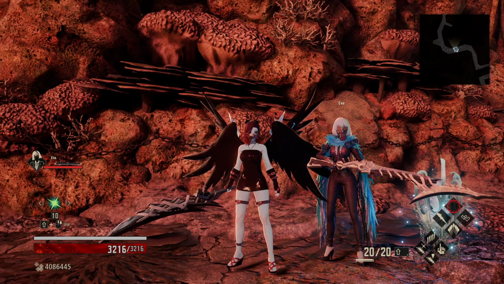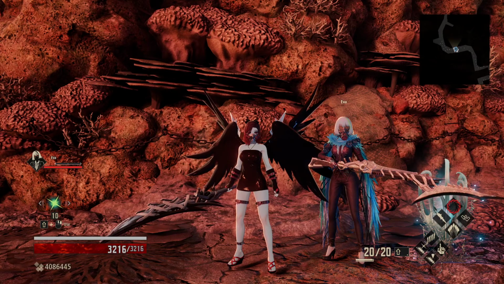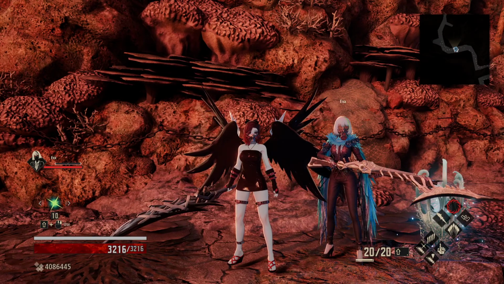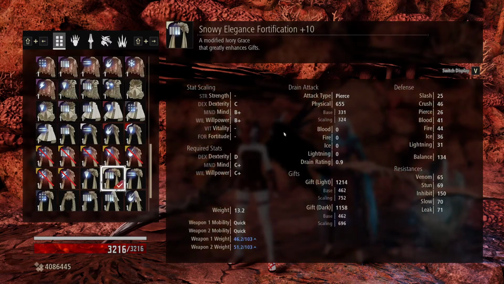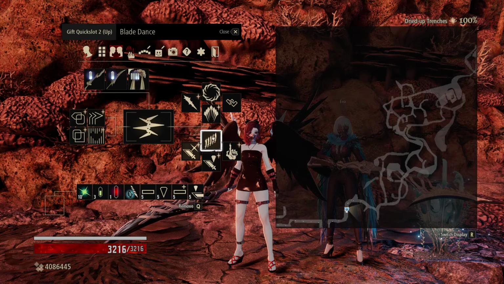Welcome to episode 89, where we were in the dried up trenches. Now, running through here, since most things are weak to blood, well actually everything's weak to blood, we will be running the Executioner Gifted and the Ivory Grace, or the Snowy Elegance Fortified, as this will allow us a fairly large light value that we will have access to, but the most important thing will be we are going to